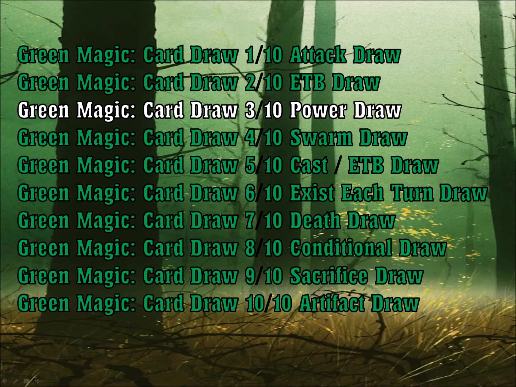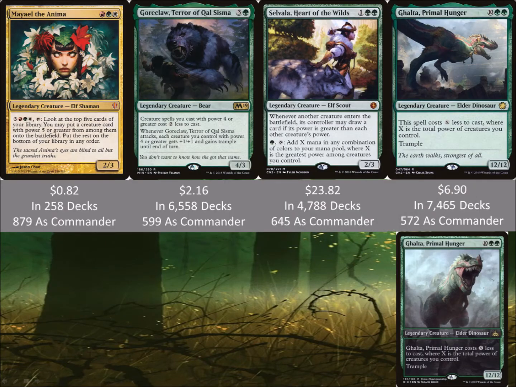So just to get started, let's once again talk about what decks you might want to put these in. One of the first things that I thought of was Mayael the Anima. It is 3 mana, all of which is colored, including a single red, green, and white. A 2/3 Elf Shaman for 3 mana, including red, green, and white: tap it to look at the top 5 cards of your library. You may put a creature card with power 5 or greater from among them onto the battlefield. Put the rest on the bottom of your